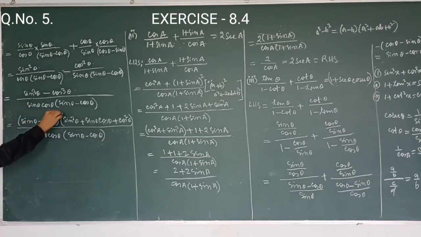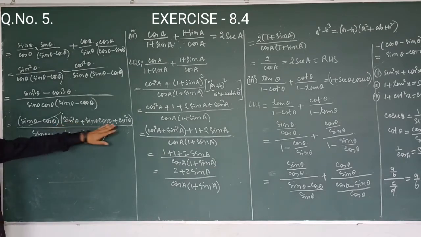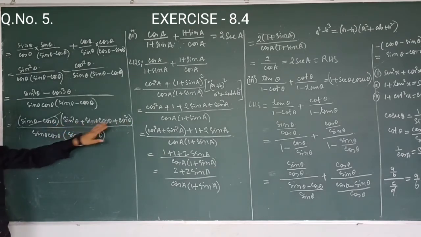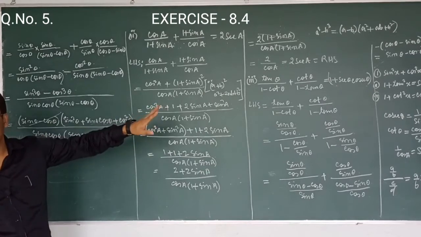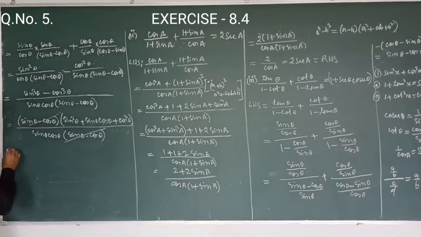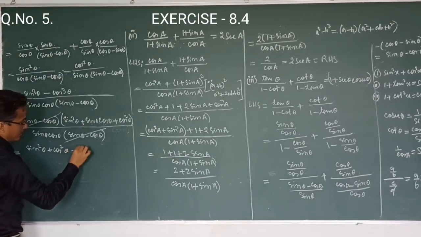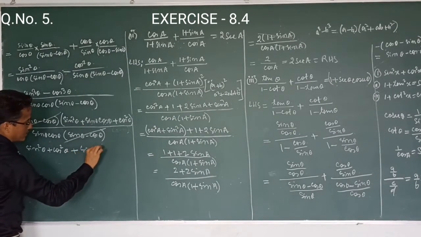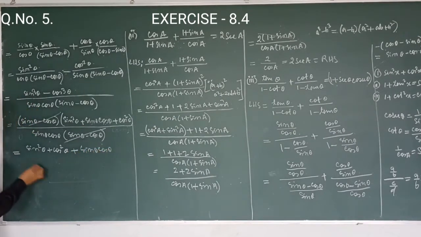Clear? Now I am going to cancel these two. These two are cancelled, and we know that sin square theta plus cos square theta, if you combine these two, you will get 1. Same we are going to use here. So sin square theta plus cos square theta I will write here. Then what's left? Sin theta cos theta is left here, divided by